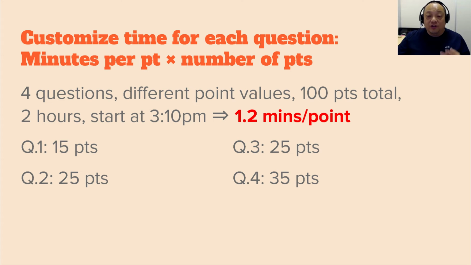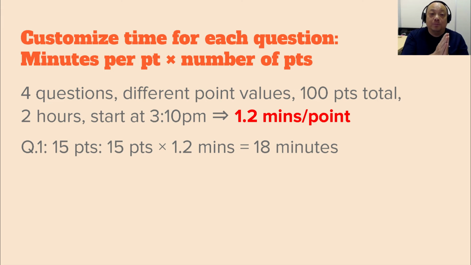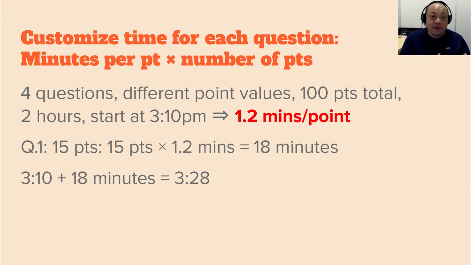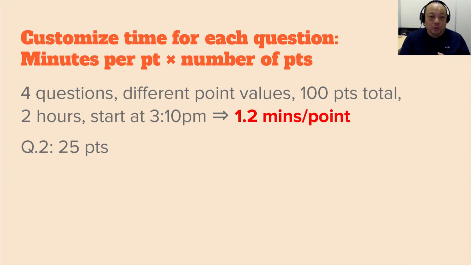Let's look at the 4 questions and their point values. Question 1 has 15 points. 1.2 minutes per point times 15 points equals 18 minutes. Test starts at 3:10 p.m. plus 18 minutes equals 3:28 p.m. Write that down. We need to finish question 1 by 3:28 p.m. Question 2, 25 points